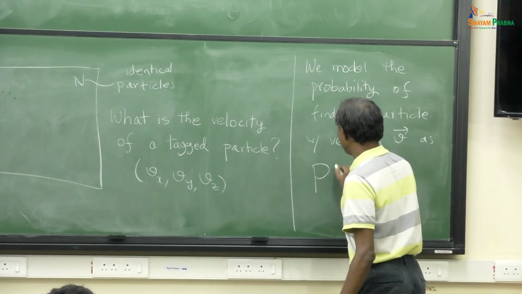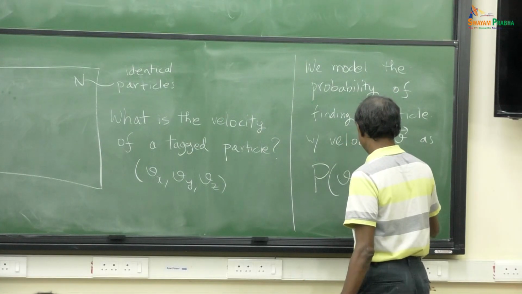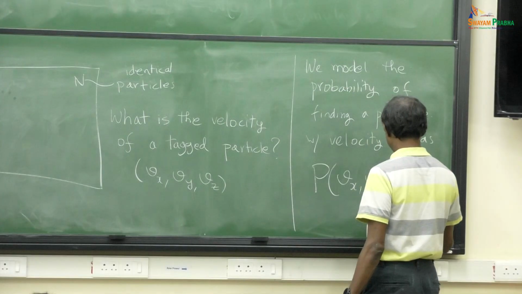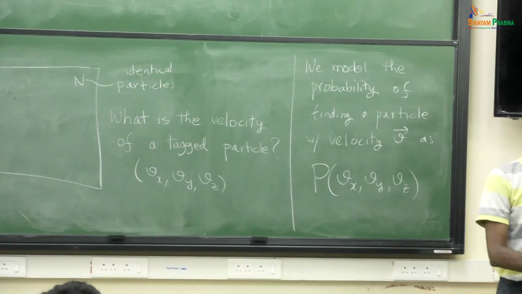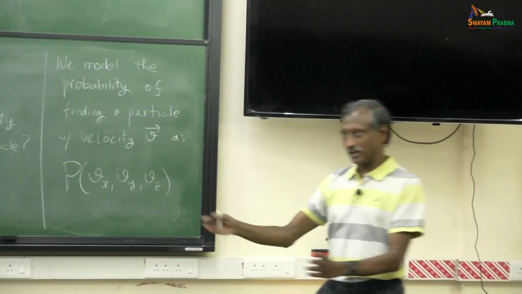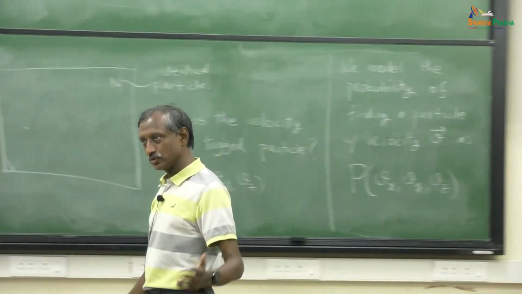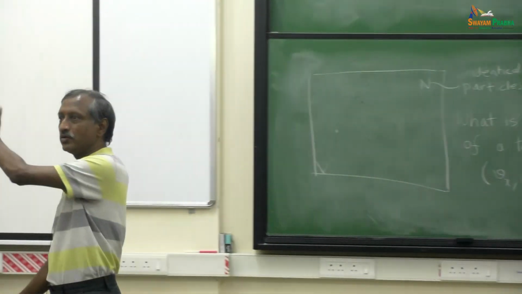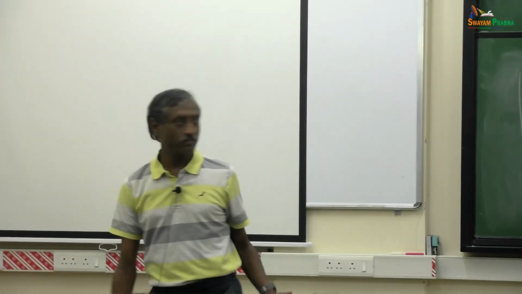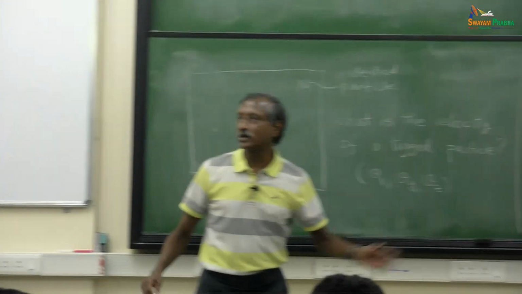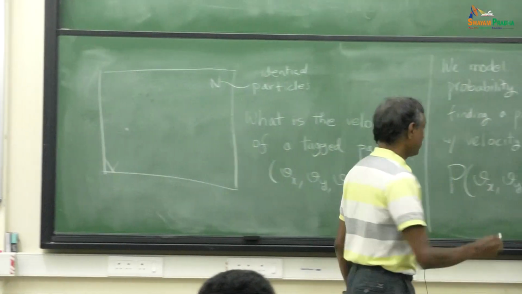I'll write some capital P. The x velocity, y velocity, and z velocity can each take values from minus infinity to plus infinity. So this will be a density times